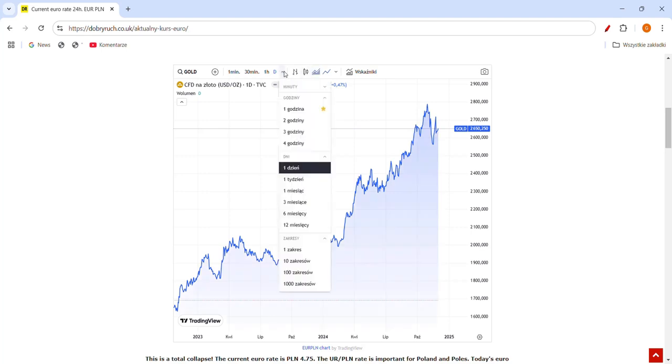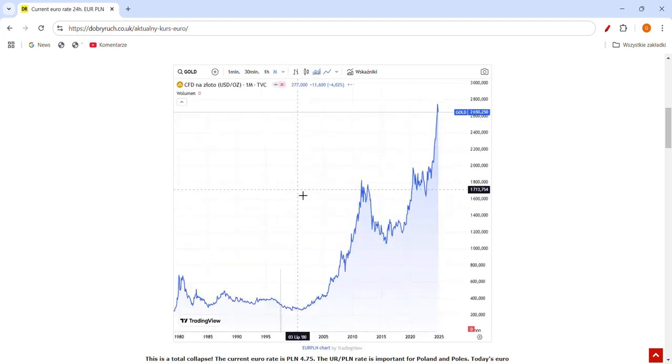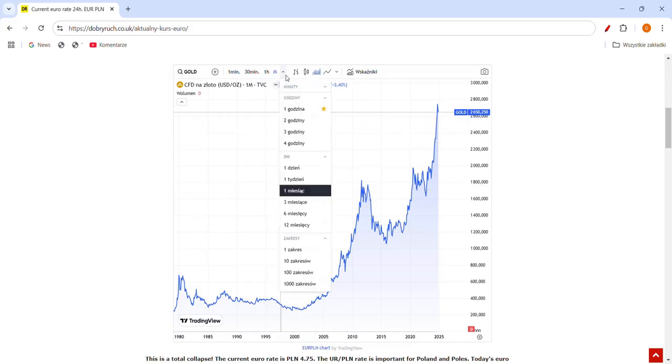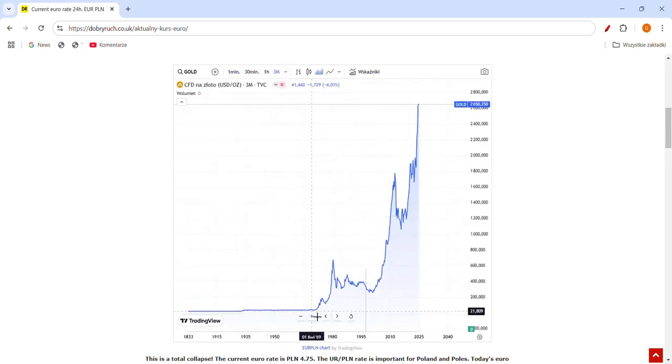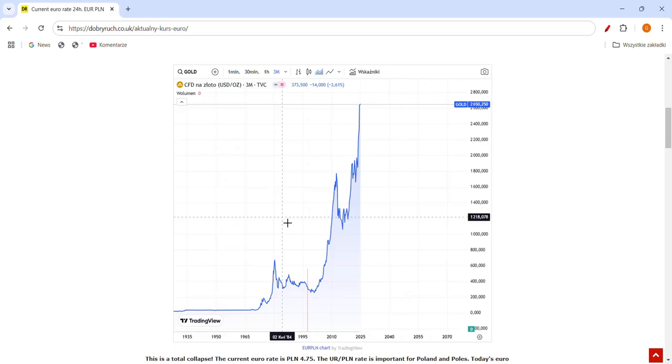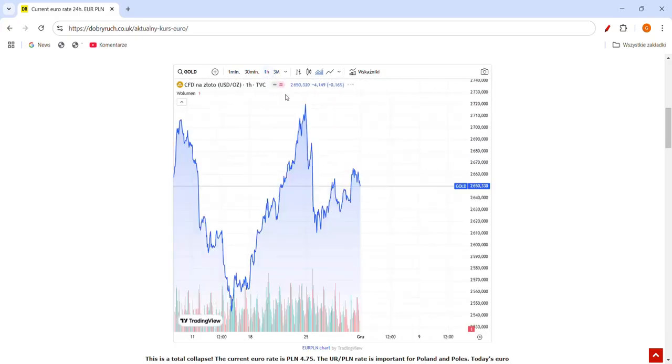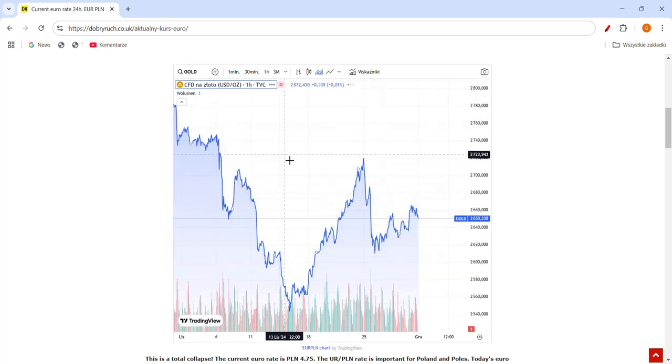This is a huge rise of gold price to the USD. American dollar is going down against the gold. Look at this chart. In 1971, 1 ounce of gold was just $35 per 1 ounce. Now it is $2,650 per 1 ounce. However, just a few days ago, as you can see on this chart now, dollar actually